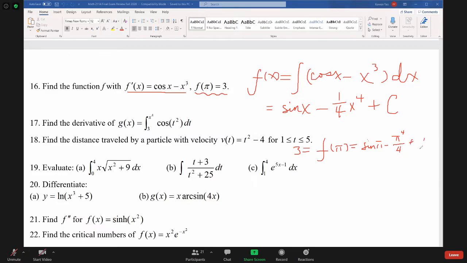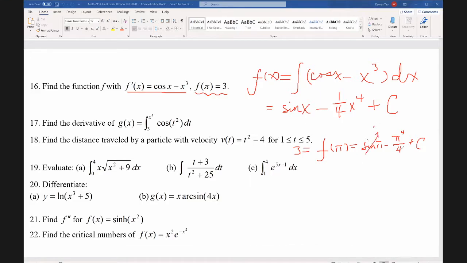Now you can solve for c, right? Now sin pi is 0, right? So you move it to the right, so 3 plus pi to the fourth over 4. So please copy this down because I will erase this in a few seconds. Okay, copy this down, equal to c. So c is equal to 3 plus pi to the fourth over 4. Now you can replace c by this number, right? So therefore, the final answer f of x is equal to